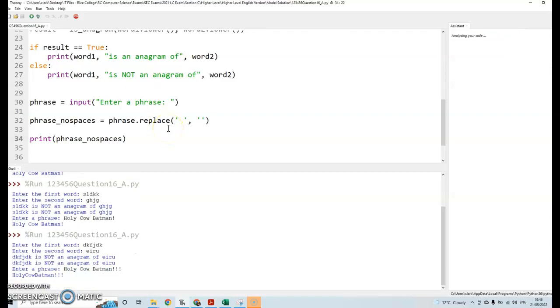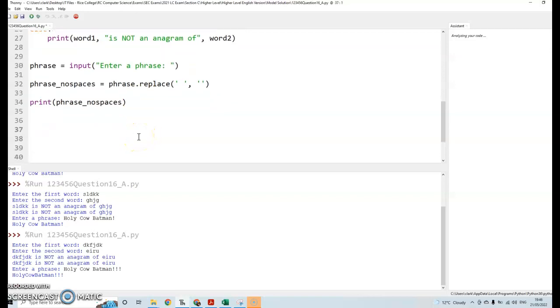Alright, so spaces have now been removed. And now we go down here and we need to do our if statement. So if phrase no spaces is the same as word 1. I can see loads of errors we're going to have here straight away, but print